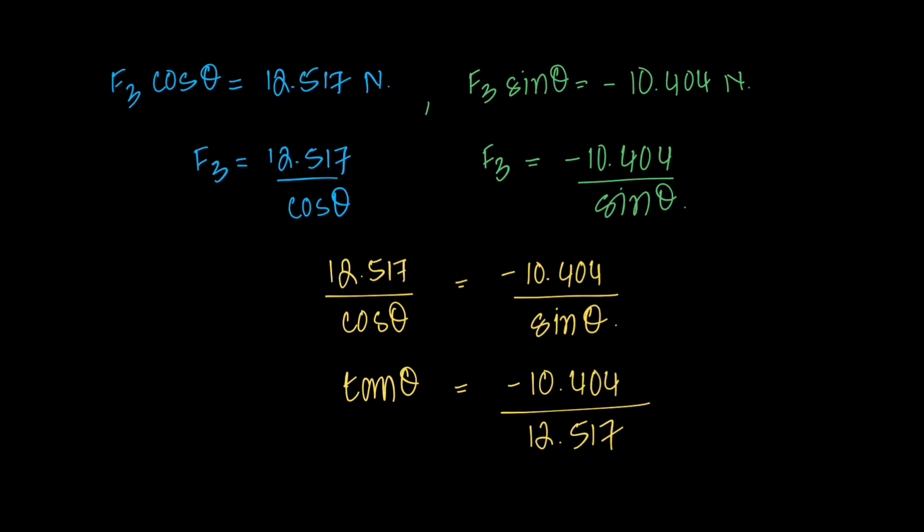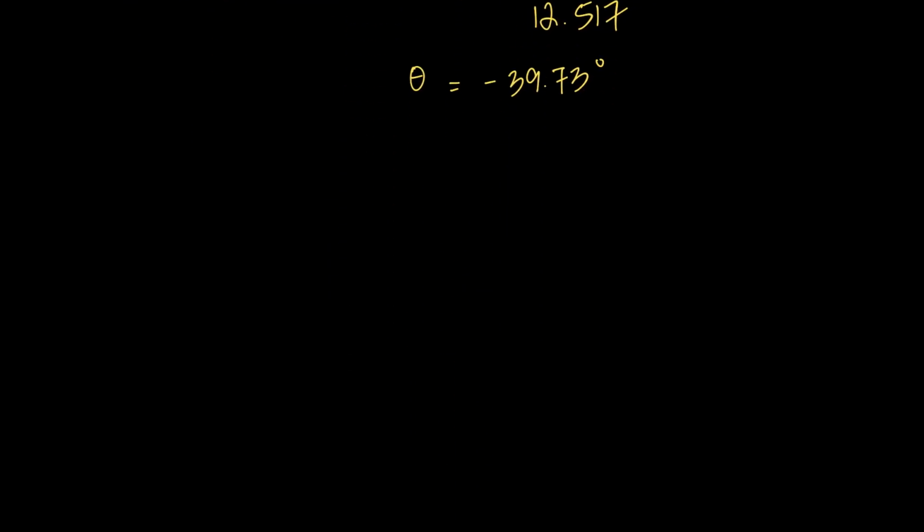Now theta comes out to be negative 39.733. So, 73, let's go with 73 degrees. Why is it negative? We assumed in our initial reference that